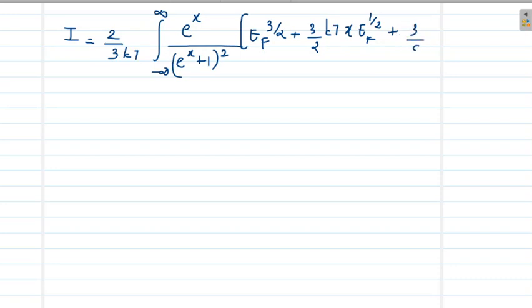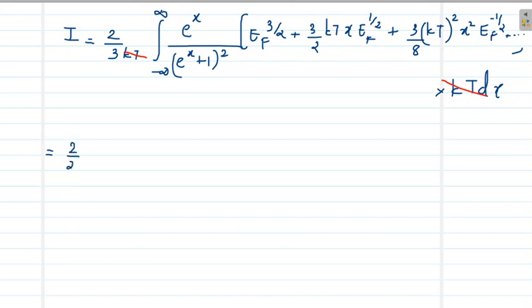Plus 3/8 into (kT) the whole square into x square into Ef^(-1/2), plus etc. For instead of dE we have to substitute kT dx, and this kT and the kT in the denominator will cancel out. This is a term in the numerator, and hence the kT in the denominator and numerator will cancel out. So finally we will have this equal to 2/3 into,